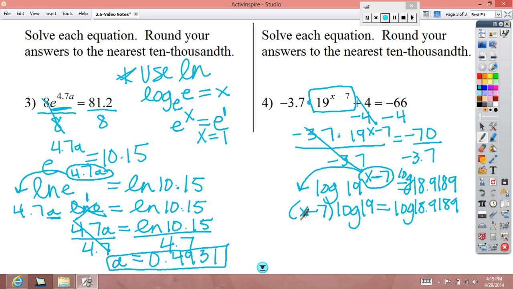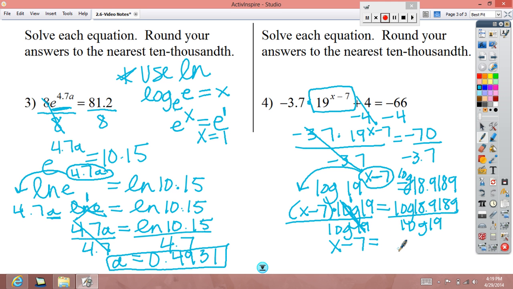So again, my goal is to get this x by itself. So I have this multiplication. I don't want to add this 7 over yet because I still have this multiplication. I could distribute this in, but that's going to make this problem a lot longer. So I'm going to go ahead. I have this multiplication. I'm just going to divide by this log of 19 first. Okay, so these cancel to be a 1, and now I'm left with x minus 7 equals,